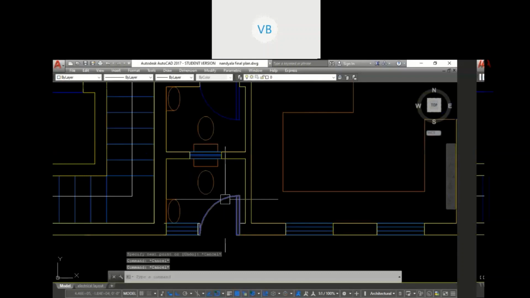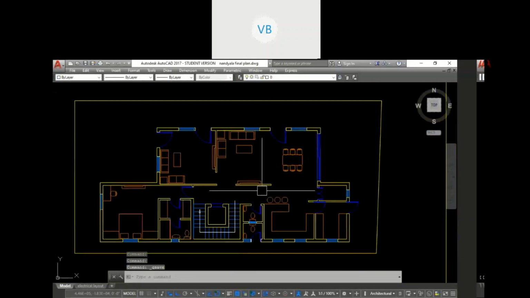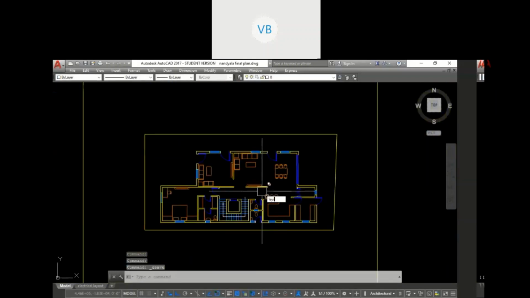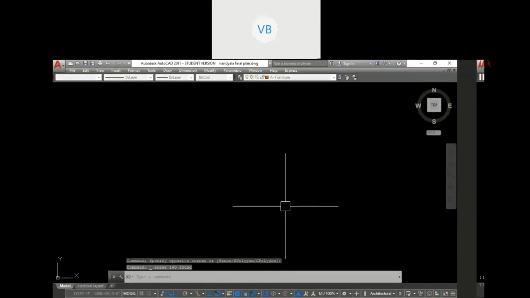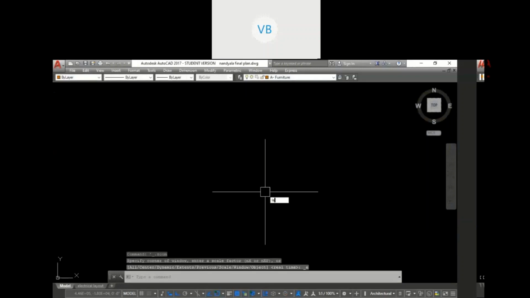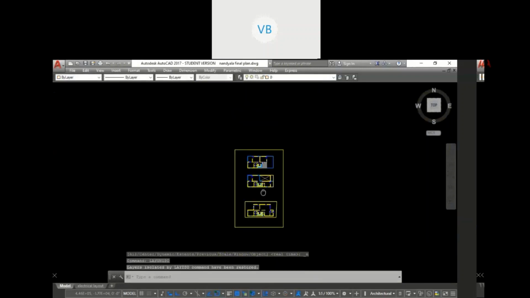To be frank, I don't need the furniture as well, so I select this furniture and delete it. Okay, so this is my basic model.